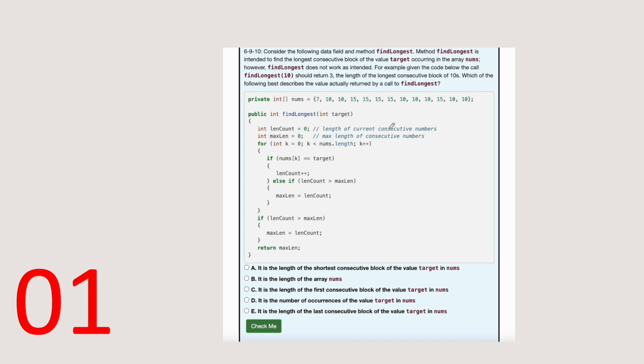Okay, so here we're trying to find what this method is actually doing. What value will it return? Again, similar to the kind of FRQ practice we did earlier in this PowerPoint. So we have a variable len count, which keeps track of the current consecutive numbers length, equals 0, and we have the maximum length. And then we do, if nums k, or whatever that element is, equals target,